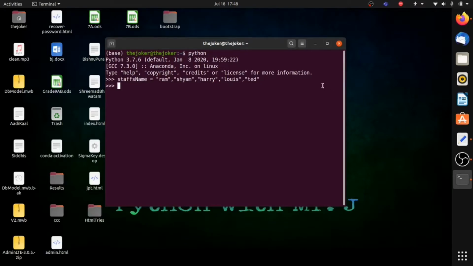So what we have done here is that these 5 data items are stored in a variable named staff's name.